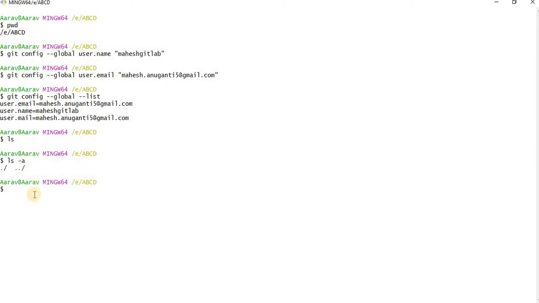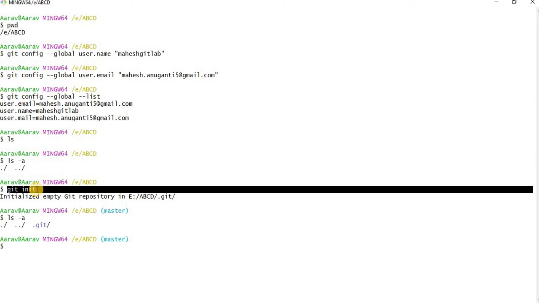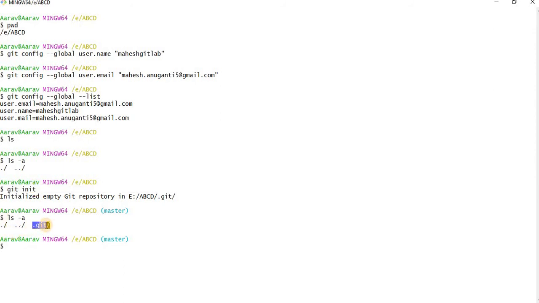Now let me execute git init. I'll tell you the scenario. Git init initializes an empty repository, that is fine. ls -a. Now you just see it. You got one directory, but you have not done anything. You simply executed git init, and then you got this .git.